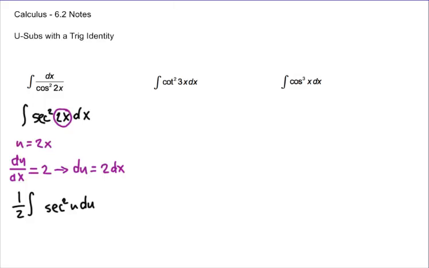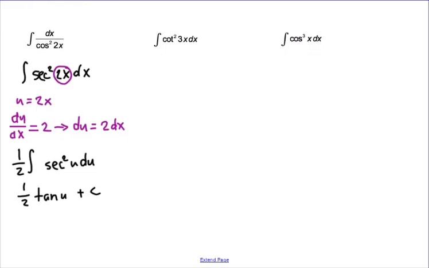This is one I can solve out. In fact, it's going to be 1/2 times tangent u plus c. Well, what is u? U in this case was that 2x. So my final answer then is 1/2 tangent 2x plus c. So really, he's not too bad. Pretty doable. What about this cotangent squared